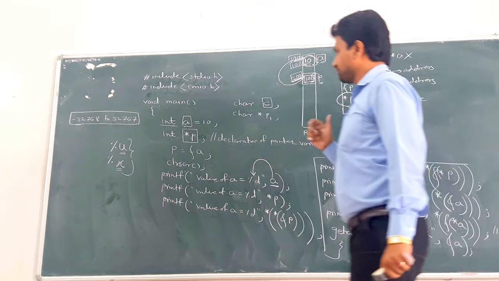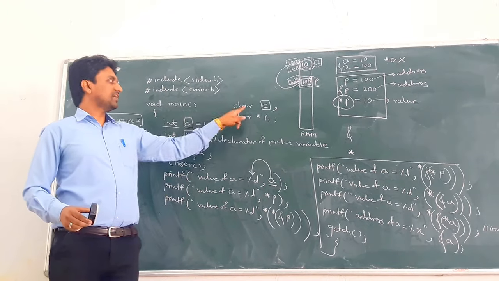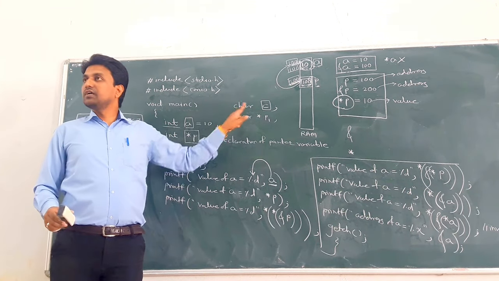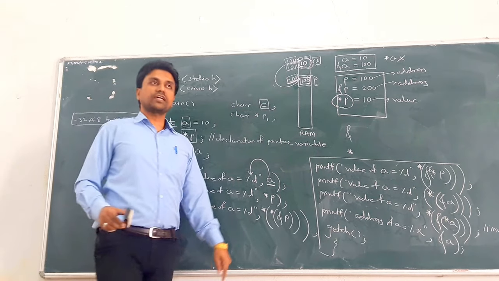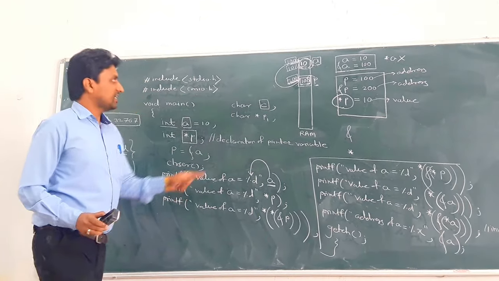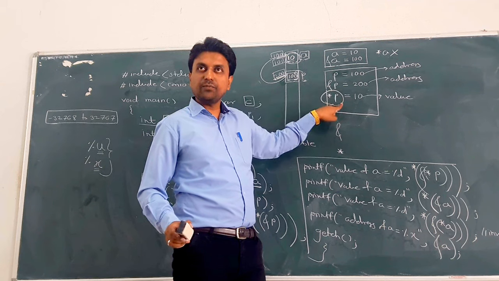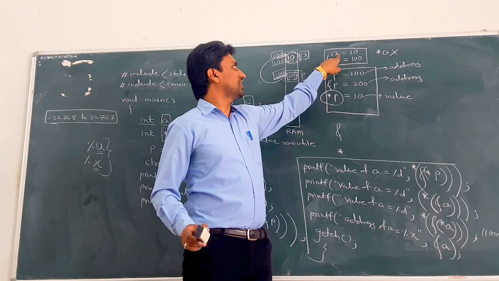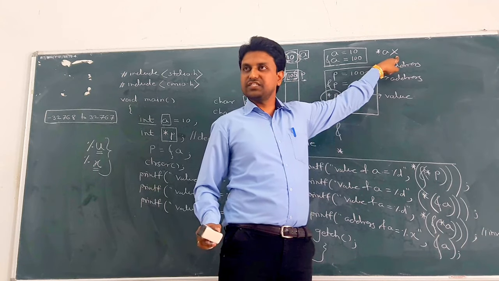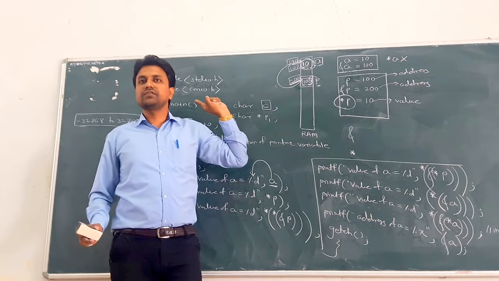Okay. Next, pointer variable. There are two types of variables in C language. One is a value variable, or simple variable, and another one is a pointer type of variable. A pointer type of variable stores the address of another variable. After that, a pointer type of variable has three values: p, address of p, and pointer p. But a value variable has two values only: a and address of a. Pointer a is invalid in C language because a is a value type of variable. Okay, so today we will stop here.